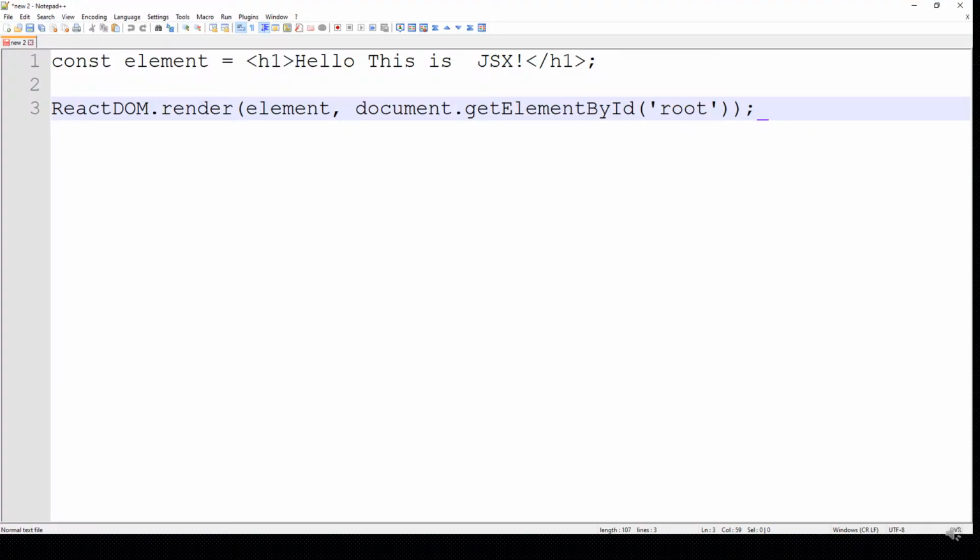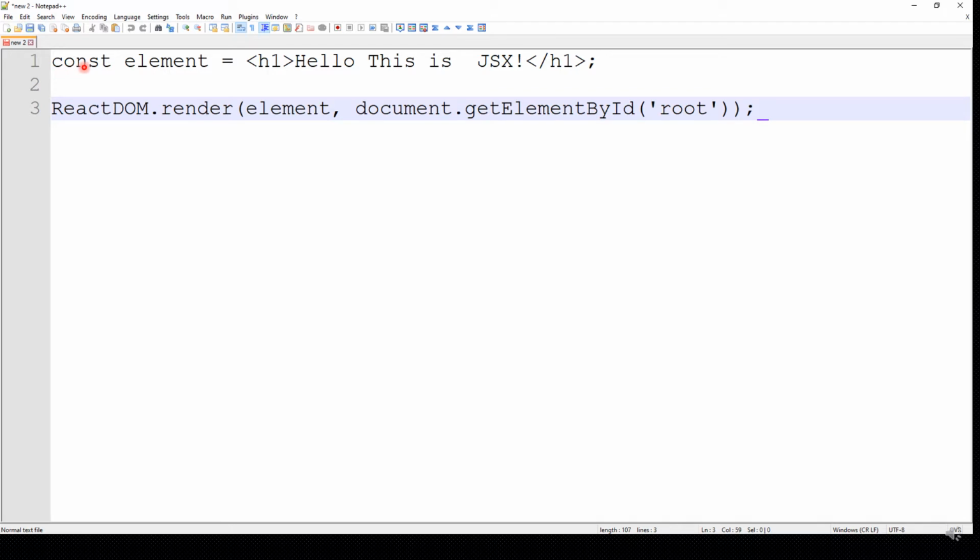So in this slide you can see a const element. If you know JavaScript, then you know the use of const and let.